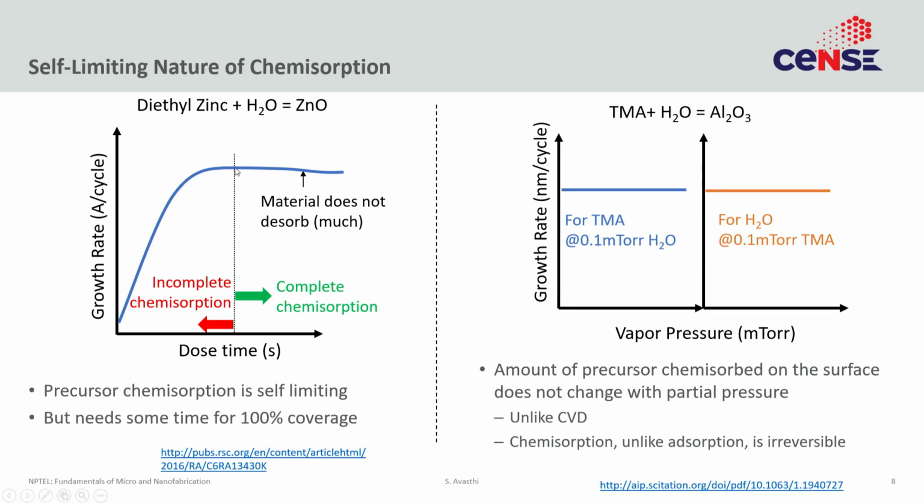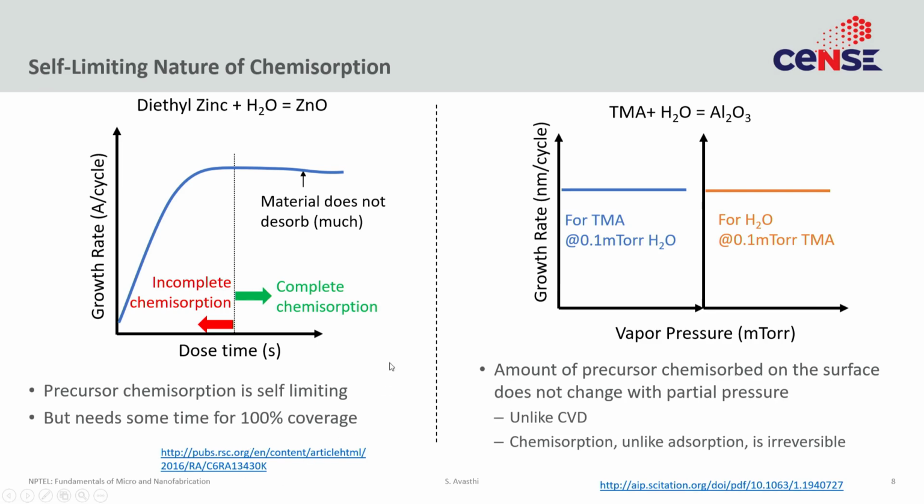Once you have reached this point where you have as good a coverage as you are going to get, after that, if you continue to give longer time, then you don't add any more material, right? The growth rate doesn't go up much. Also the material doesn't desorb, so it's a one directional reaction. It just chemisorbs on the surface, you form this relatively complete monolayer, and after that it's very hard to change it. The little bit of change that you do see is some second order effect that is not terribly important. This is actual data, so the figure is a little off. Okay, so for details you can always look at this reference.